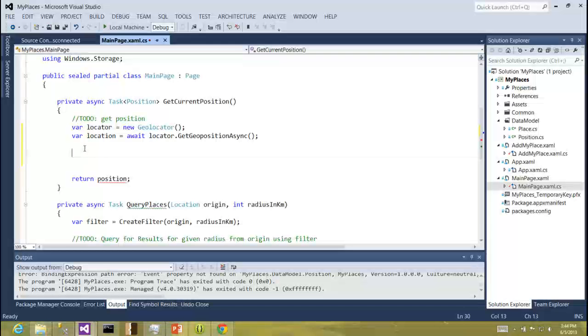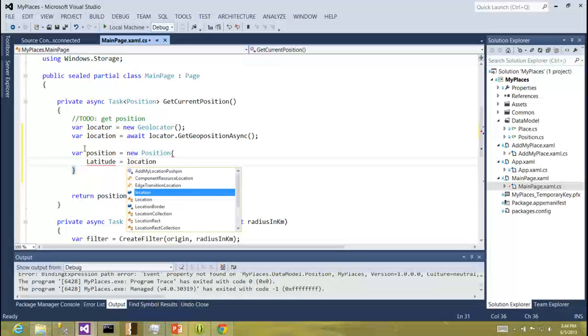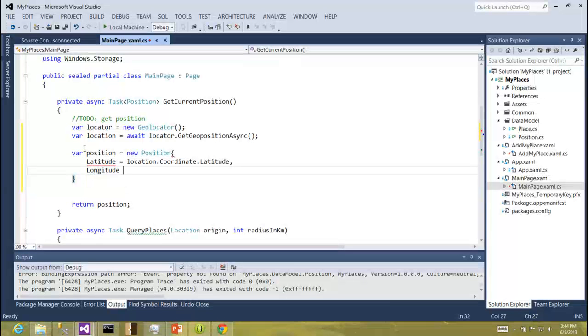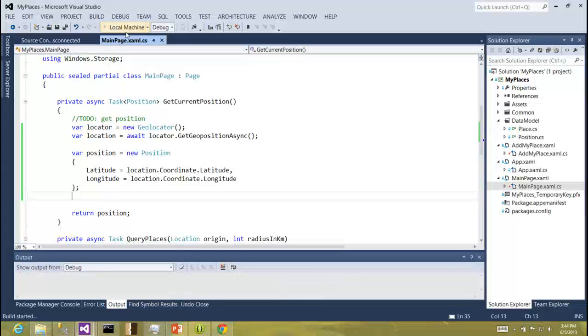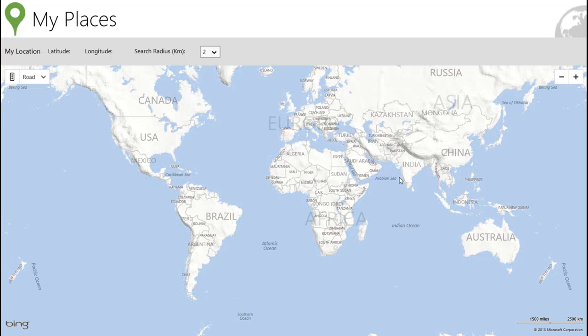So I can now say var position, and we'll just say latitude is equal to our current location dot coordinate latitude, and our longitude is our location dot coordinate longitude. Put a semicolon there, and if we F5 this now, we'll see that we should turn up in, where